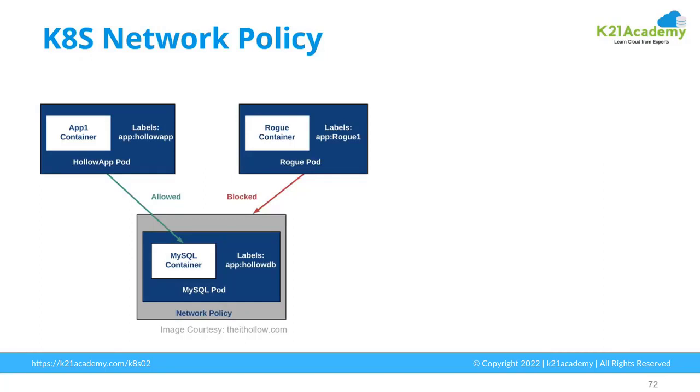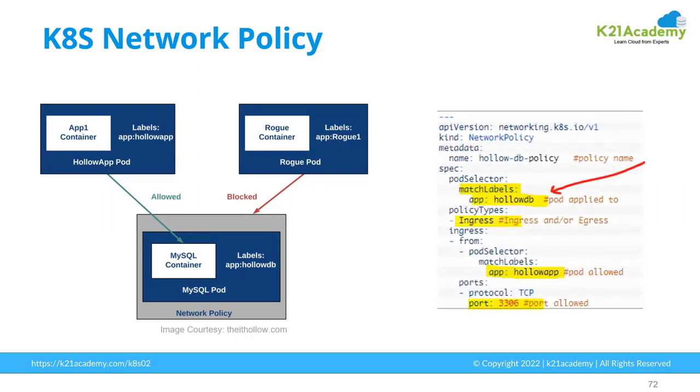Now, in a typical enterprise application, you have pods for the database tier, pods for the application tier, and pods for the web tier. You don't want your web tier, or the application running on the web tier like an Nginx server, talking directly to the database tier. You may want to go through the apps tier. And this is where you configure something called a network policy, which says